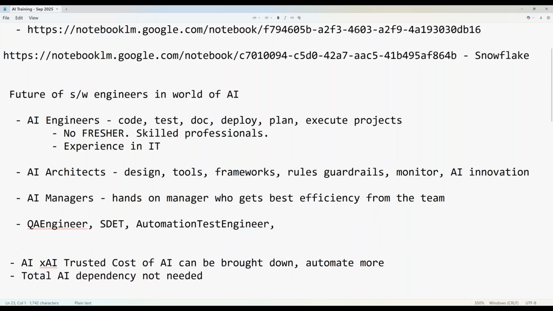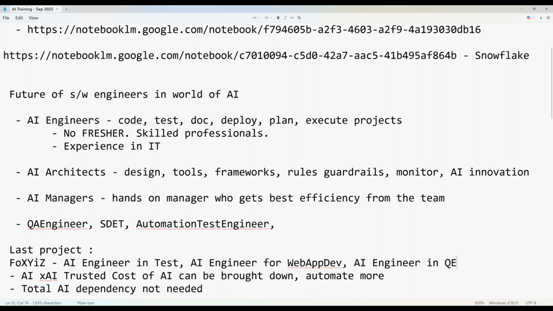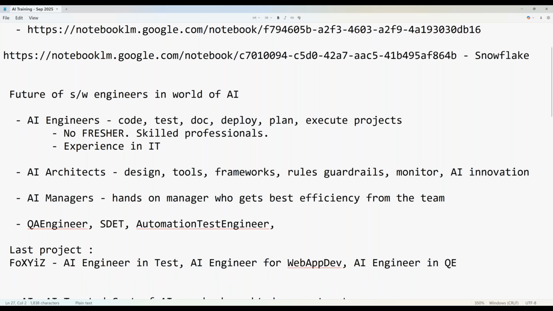Now, your last project that you're working on, let us say for example Foxes. For Foxes, you will say that you are an AI engineer in test, maybe. So you were more focused on testing. Or you could talk about AI engineer for web app dev or for quality engineering. So you're not changing, your previous projects will all remain the same.